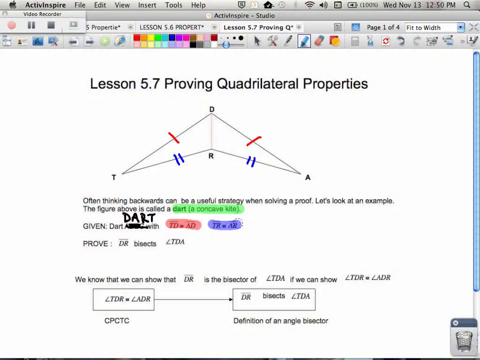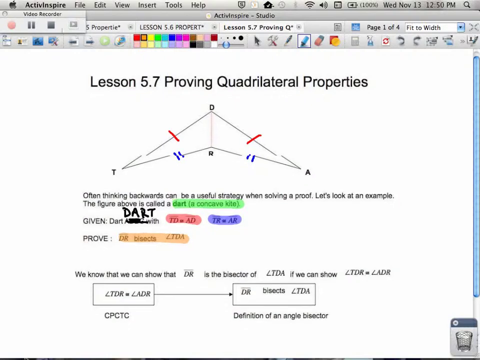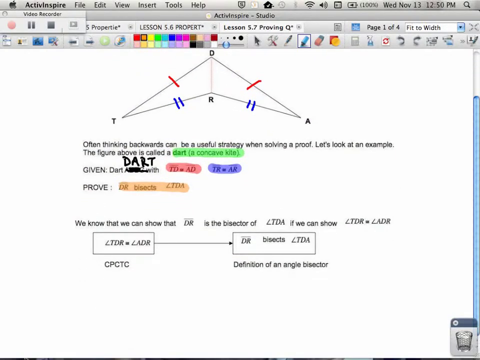What we want to do in the end is prove that DR bisects angle TDA. So when I'm saying that I want to prove that, that's going to be my last statement that I make. So down below, we know that we can show that DR is a bisector if we could show that the two angles are equal. So this statement here, if you look at it,